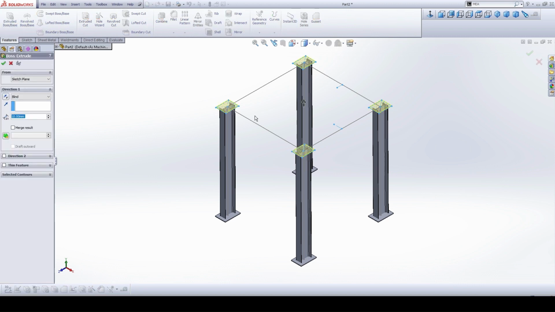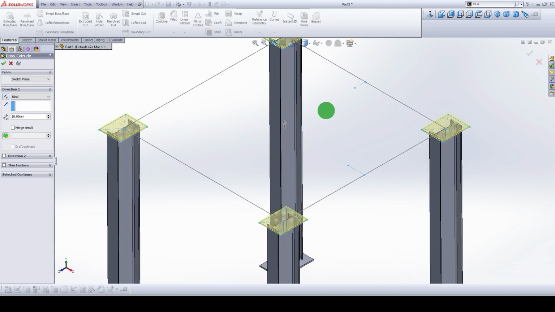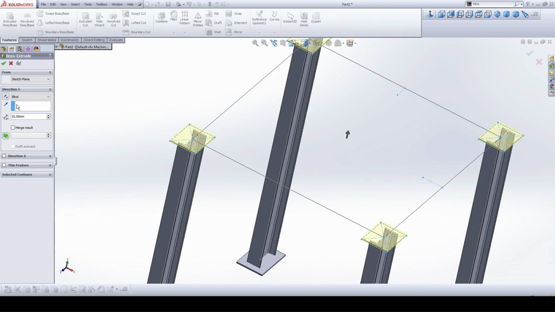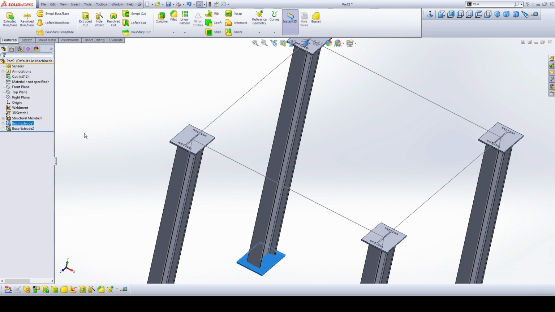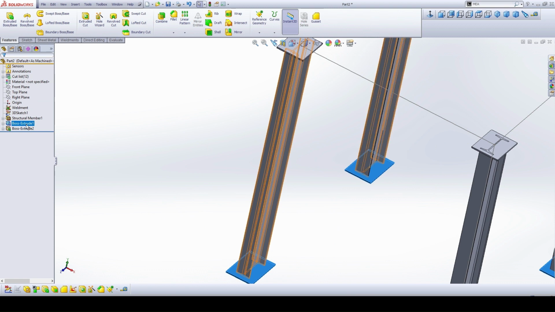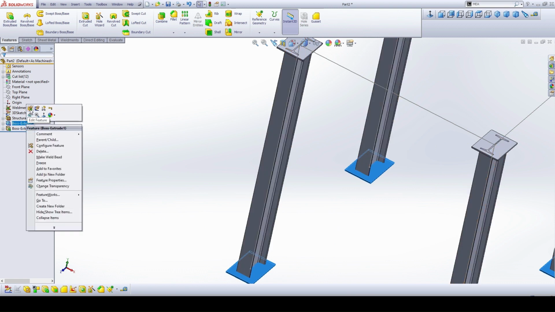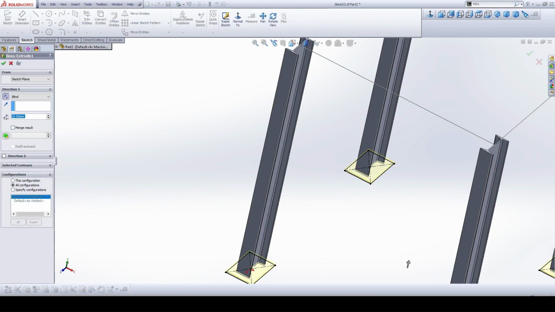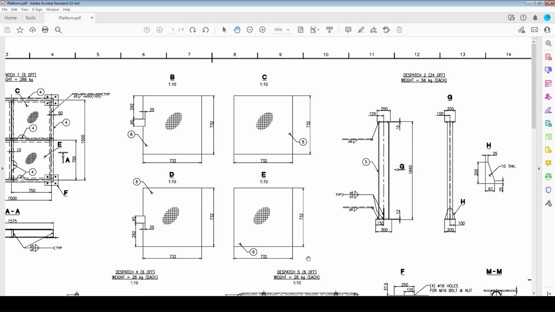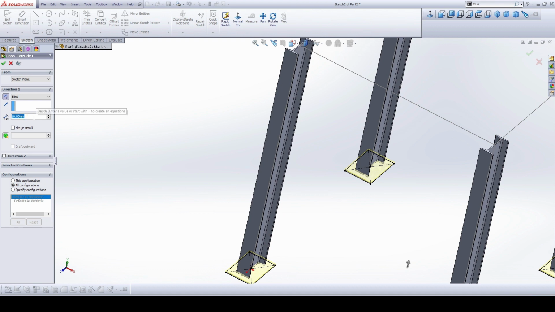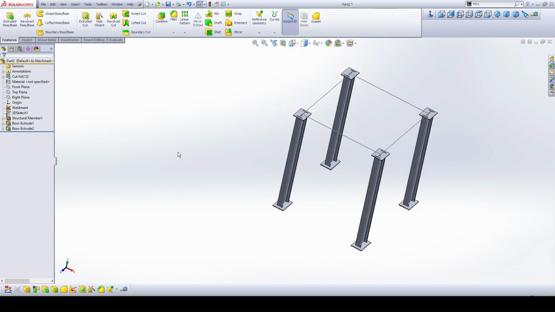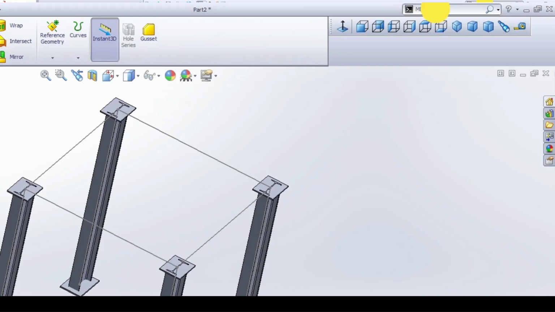Then go to extrude, not this, go to extrude and select this all four plates and check the direction. It is showing upward but we need it in downward. Flip the direction, then go to the 10 mm thick and click OK. Okay, now we got this members, and this to be 12 mm thick, base plate to be 12 mm thick, change to 12 mm. Okay,